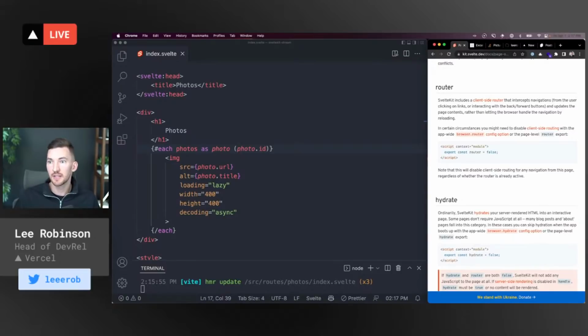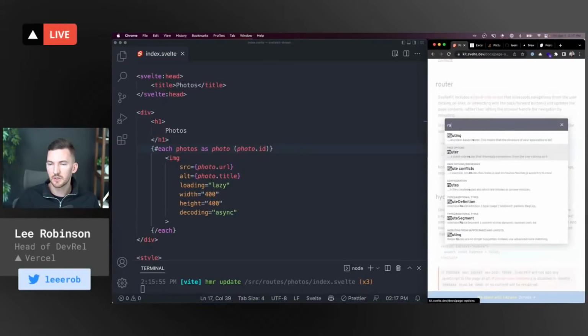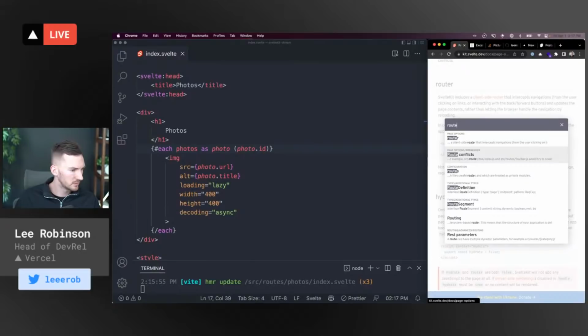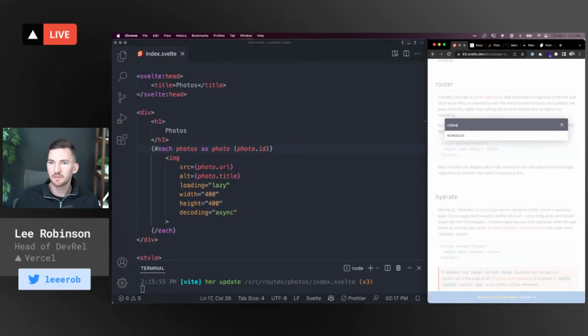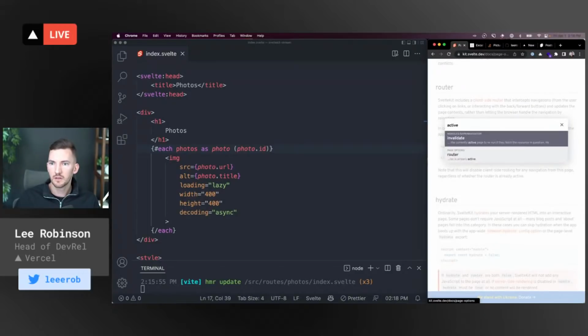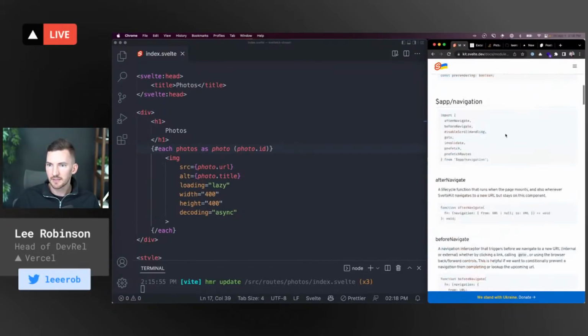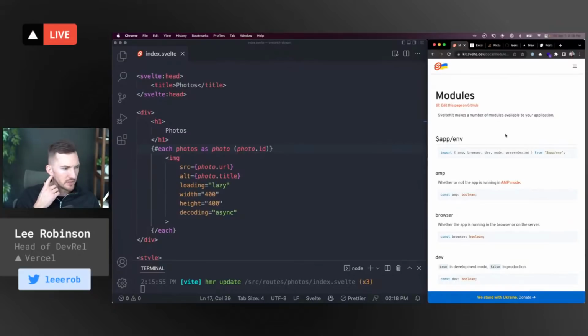Router. SvelteKit includes a client-side router that intercepts navigation. I don't think that's it, because it sounds like you would be wanting to use that for... Wait, what did I just search for? Active, I think. Okay, invalidate causes the currently active page to rerun. No, I don't think that's it. There's probably some param that gets forwarded to a page that allows you to know. Like maybe you look at the,